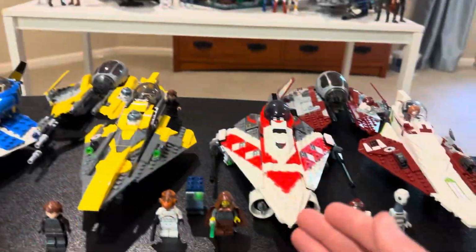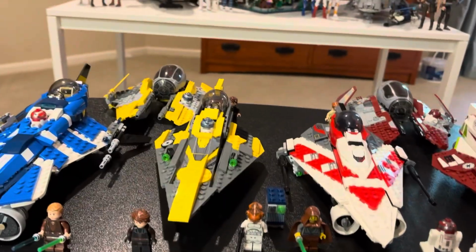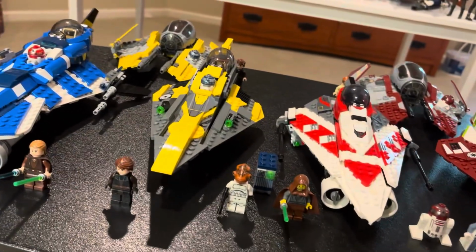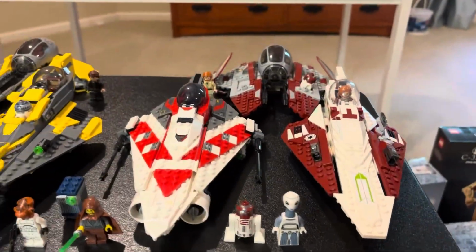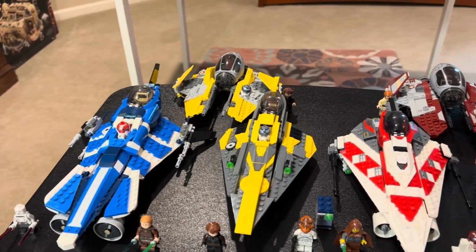But because I just built Jedi Bob Starfighter here, I decided to take them down, dust them off, and I'm gonna find a way to try to get them all up there. I'm gonna have to fit a lot in there, but I'm gonna find a way to make it work. But yeah, here they are, and because I had them all down like this, I thought they looked really cool together,